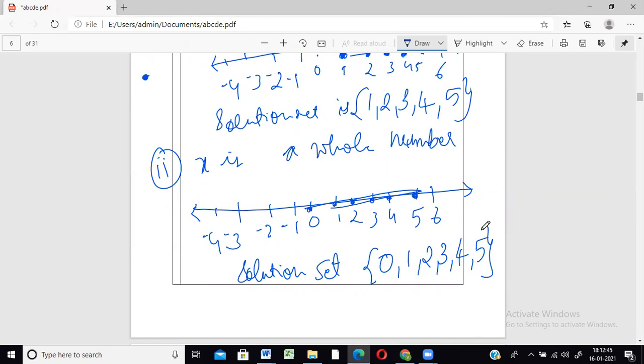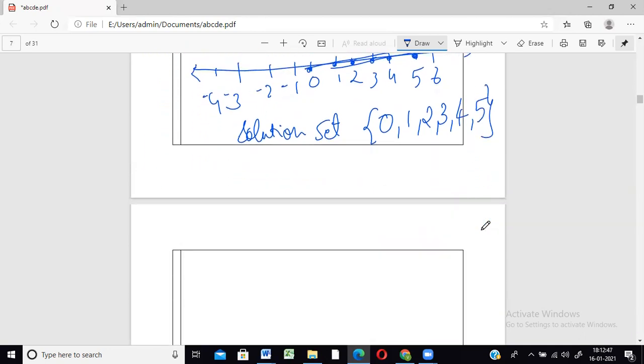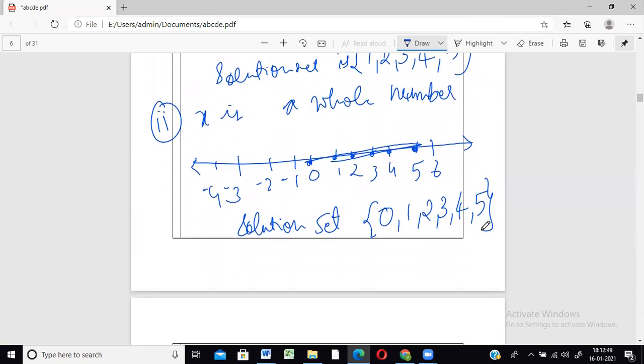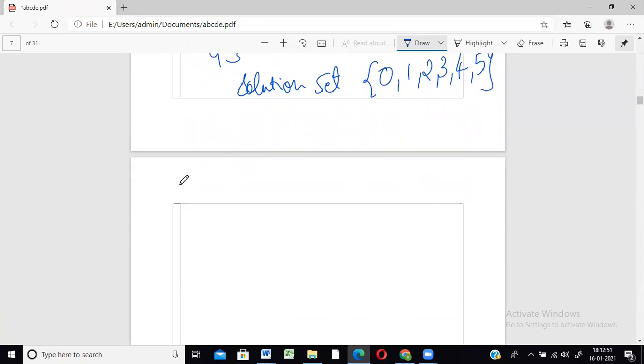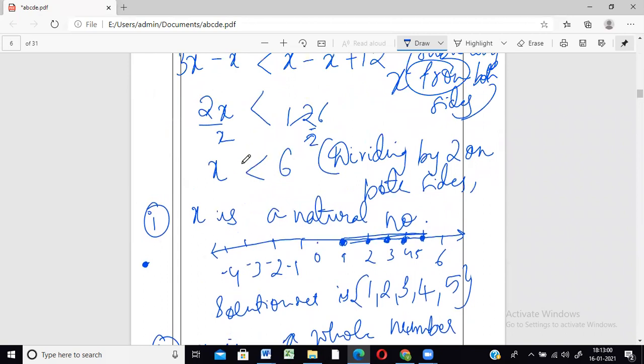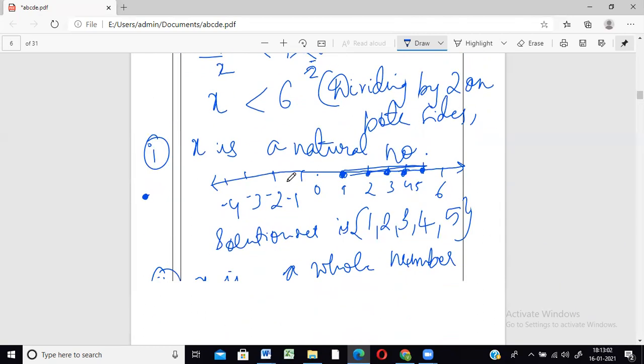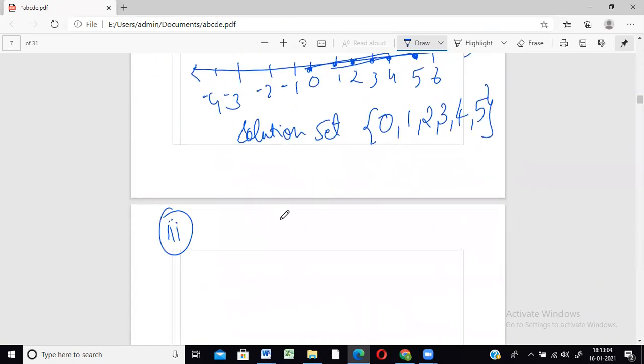All right, now the third one, when x is a real number. I suppose this much is clear. Now the third one, when x is a real number, what did they tell you? x is a real number and it is less than 6. They are telling you all the numbers that are less than 6, but it has to be a real number. So when you deal with such things on a number line,